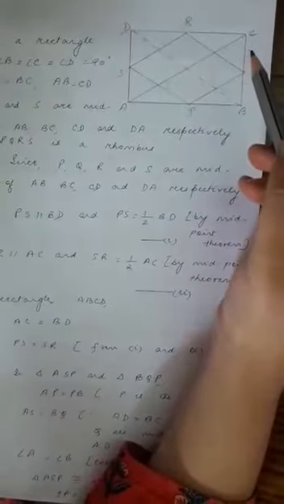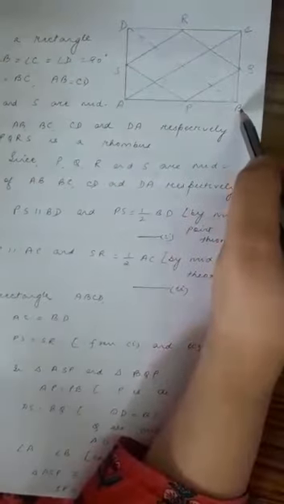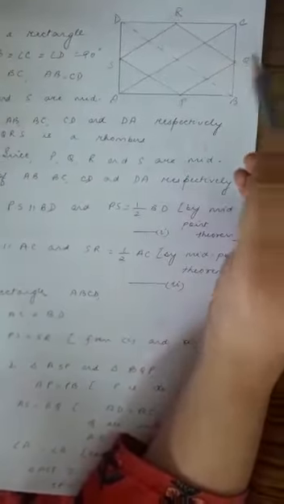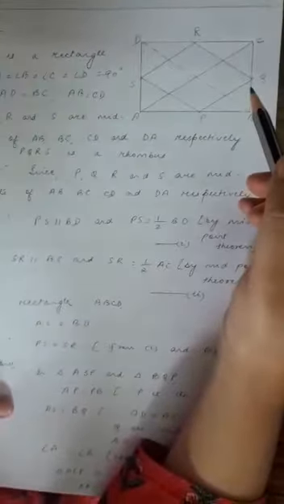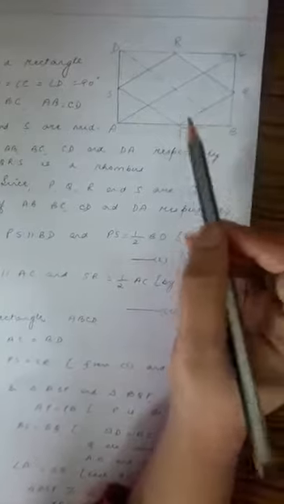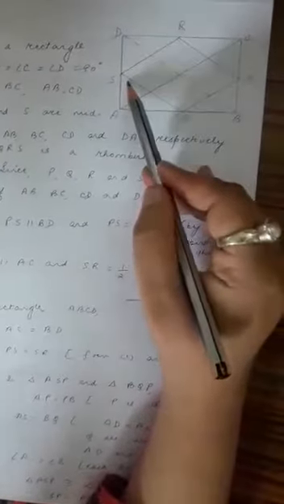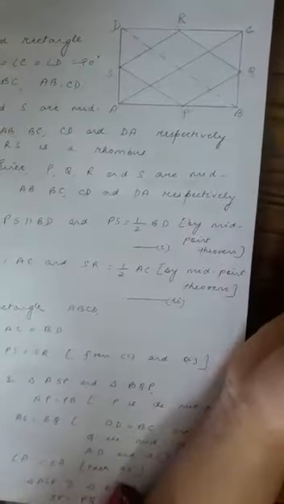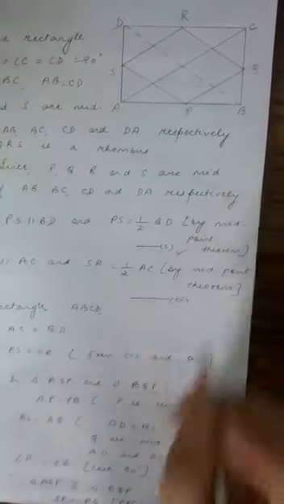Okay. Now, for today, let us go to the last sum, that is number 3. In this sum, it is given that ABCD is a rectangle and AD is equal to BC and AB is equal to CD. Also, P, Q, R, S are the midpoints of AB, BC, CD and DA respectively. We need to show here that PQRS is a rhombus. Now for the proof, since these are the midpoints, we can say that PS is parallel to BD and also it is half of BD by the midpoint theorem. Keep this one as equation number 1.